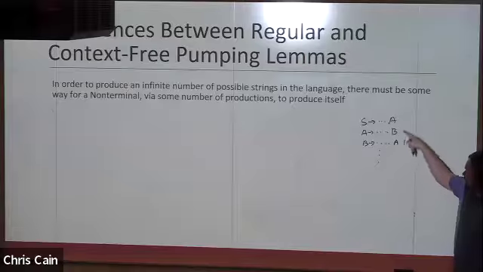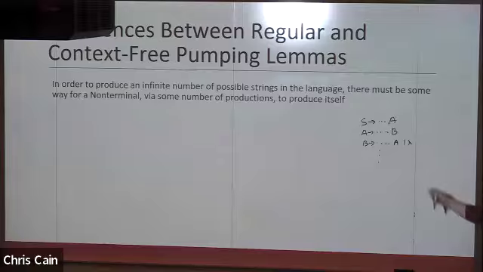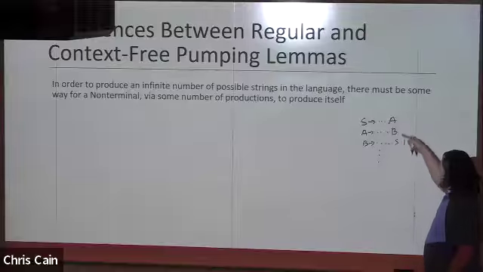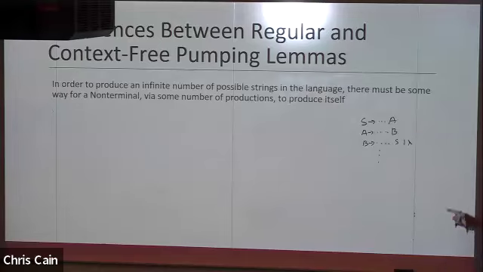then we can now recurse A to B to A to B to A to B and end after any number of those recursions. So it's like a loop. This is why recursion and loops are the same idea in programming languages. It's exactly the same idea. So there just needs to be some recursion somewhere in the grammar. This could be B to A, this could be B to S. It doesn't have to be just a back and forth. This could create an S to A to B, B to S, S to A to B, B to S. There's some recursion that we can terminate after 0 repetitions of that, 1 repetition of that, 2 repetitions of that, etc.